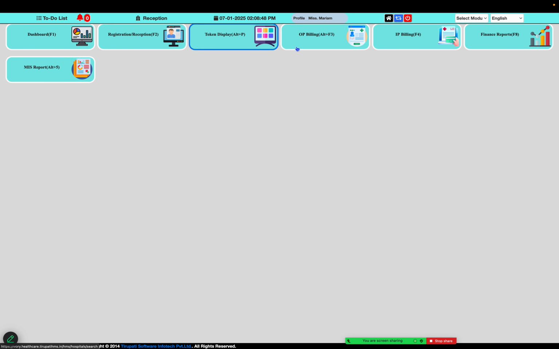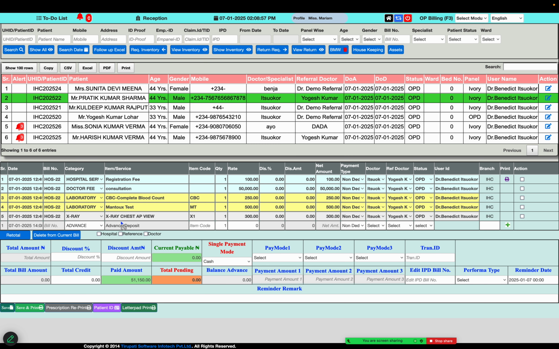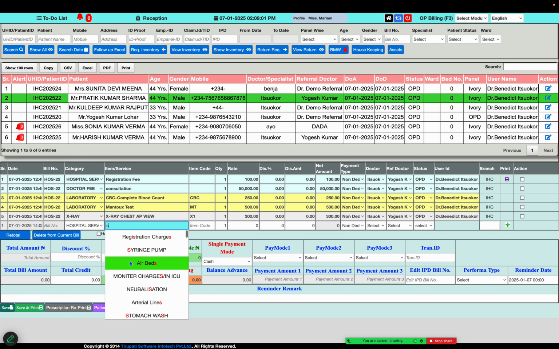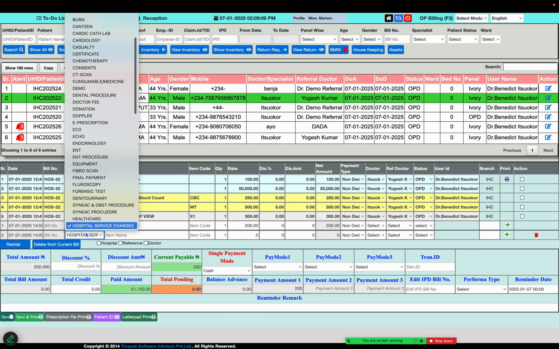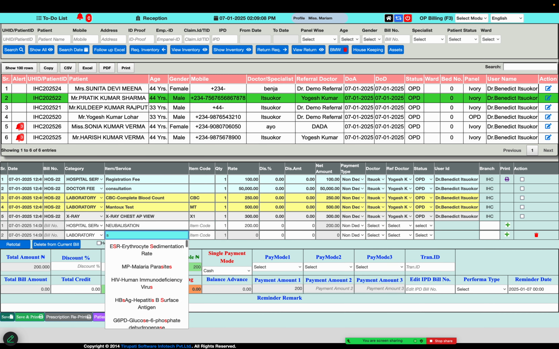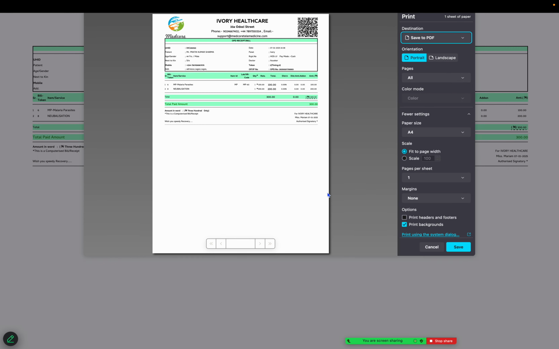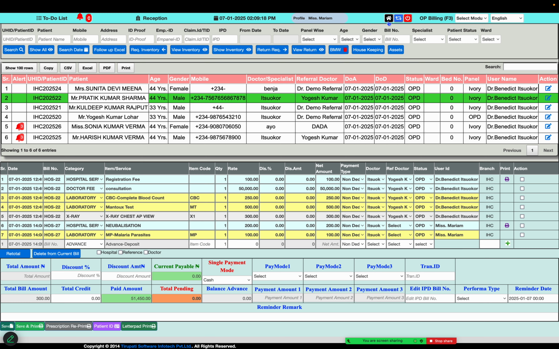And if they want to do any existing patient billing, they go to the OPD billing or IPD billing window. They can select the patient's name, and they can do any kind of billing, either hospital services or any other service items they need, such as billing for lab or radiology. So you have the option to do billing according to the user permission. Yeah, so this is for reception.